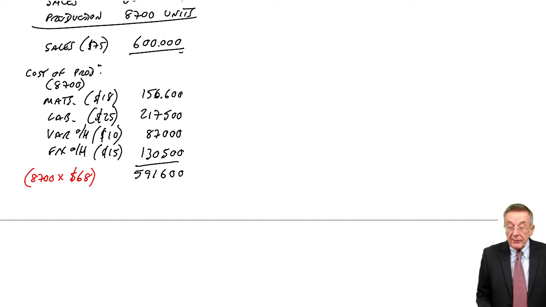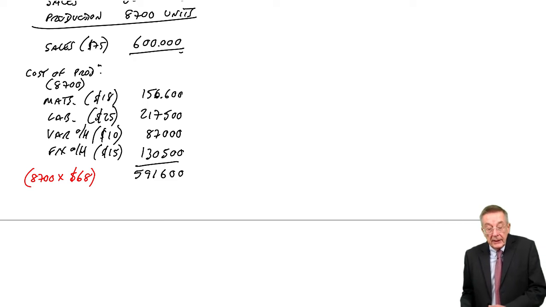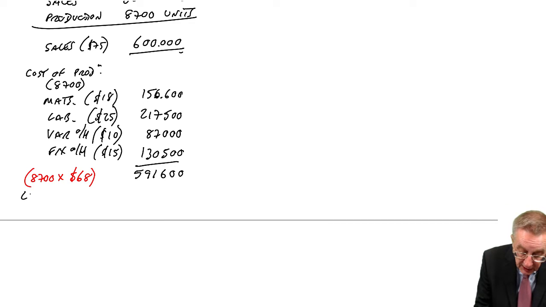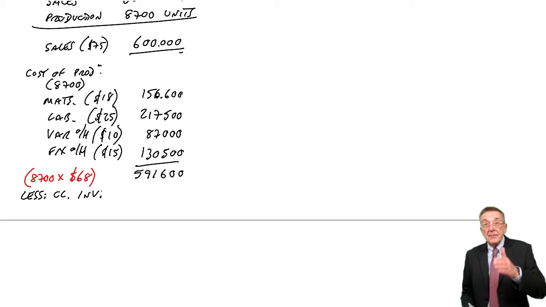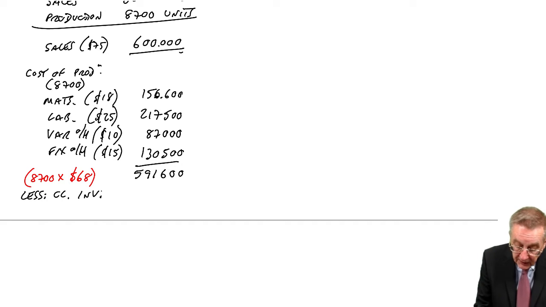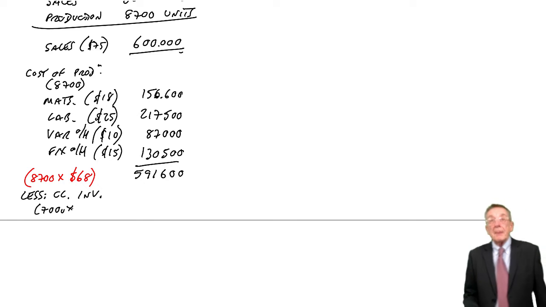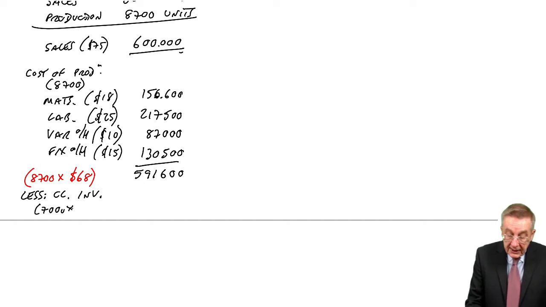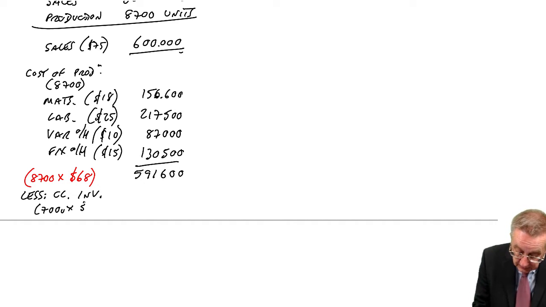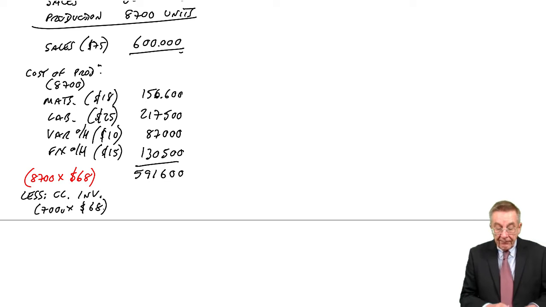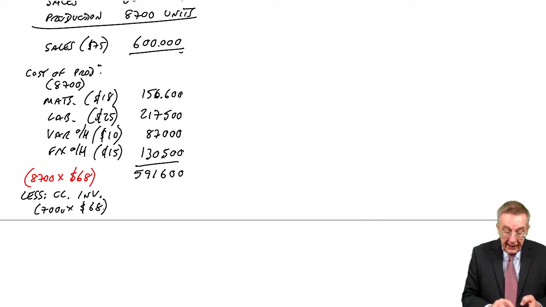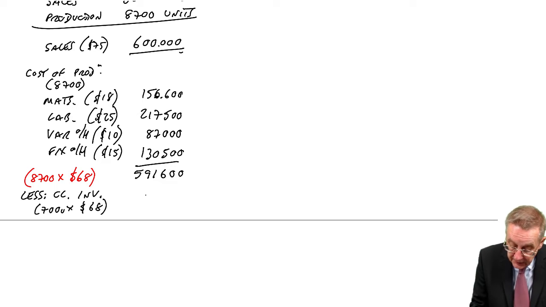In order to get the cost of the 8,000 that was sold, we need to subtract the closing inventory. They produced 8,700, they're selling 8,000, so the closing inventory is 700 units. And the cost per unit, $68. 700 at 68 is 47,600,